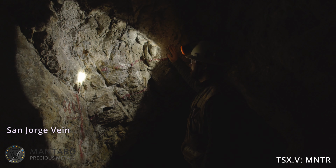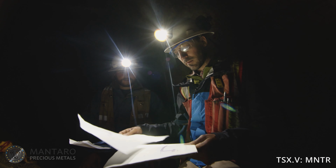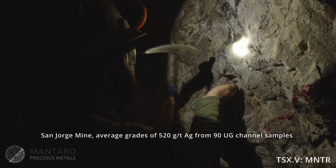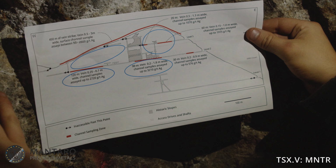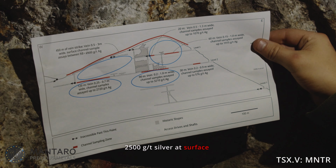We're here at San Jorge mine, level 3, Mantaro Silver's recent underground sampling campaign. Here we have the San Jorge long section. As you can see, there's been very limited mining in this area, up to 2,500 grams per tonne silver across